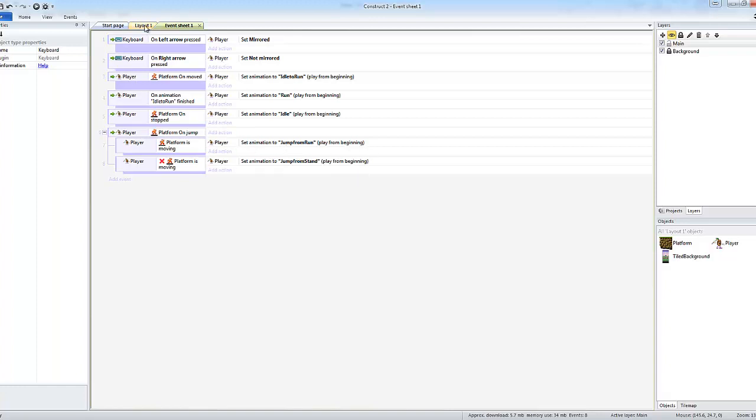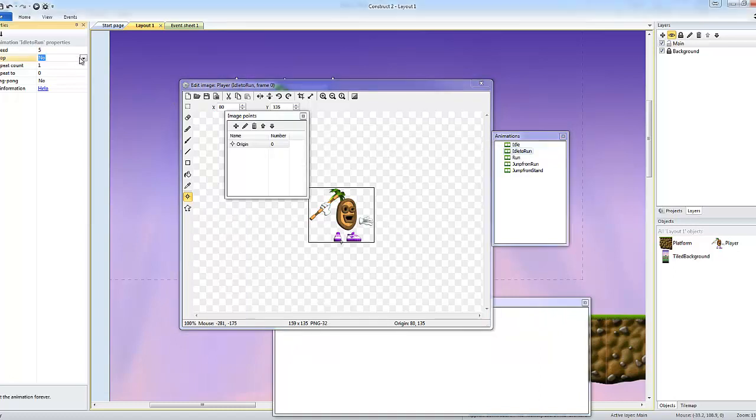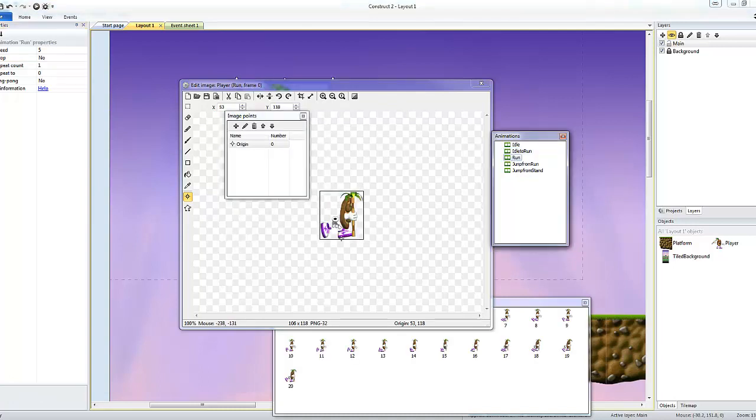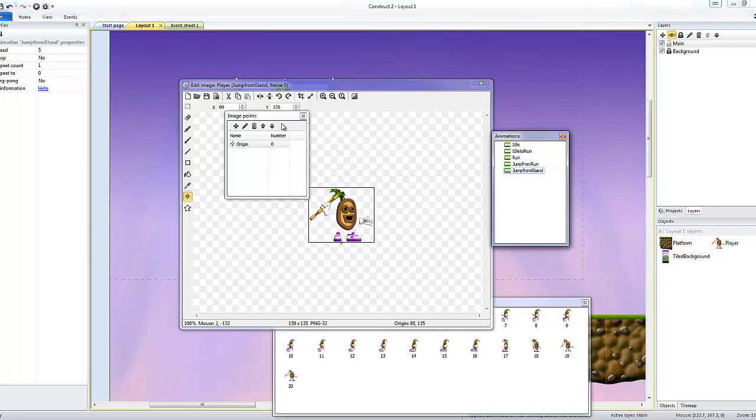Now, one of the things that we need to do is just to go in, just check that these other animations actually loop. So the run animation does loop. Jump from run loops, jump from stand loops as well. Okay,